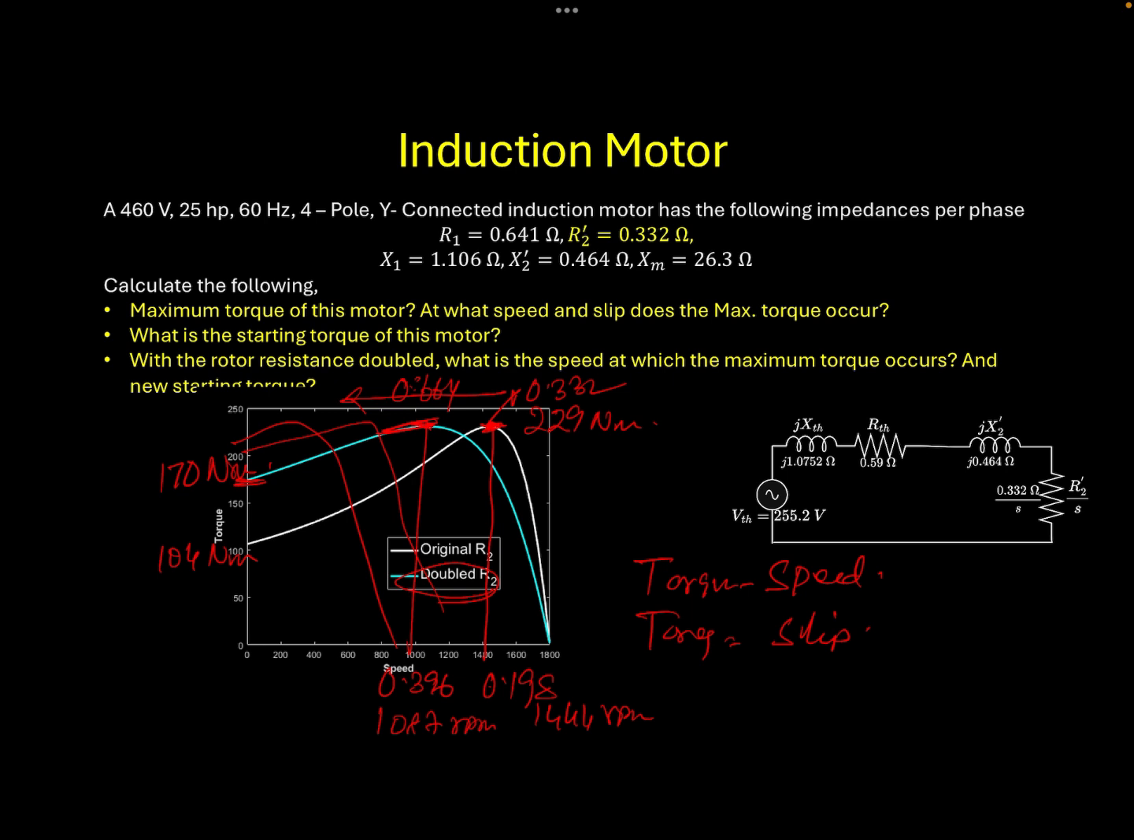So this problem gives us an understanding of how your torque speed characteristics are really changing with respect to the value of the rotor resistance, and how we get the conditions for the maximum torque with respect to slip as well as